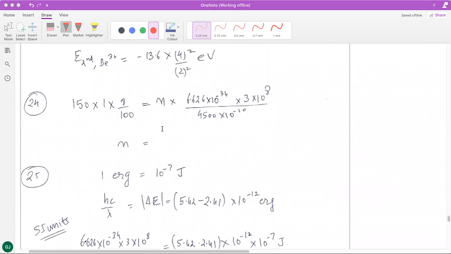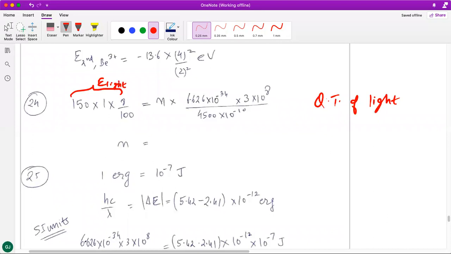24th, okay. So this is actually a question from the quantum theory of light. In this I have not put in any explanation. I have straight away used the solution in one line, right? This is the power into time into the efficiency. So this is the energy of light